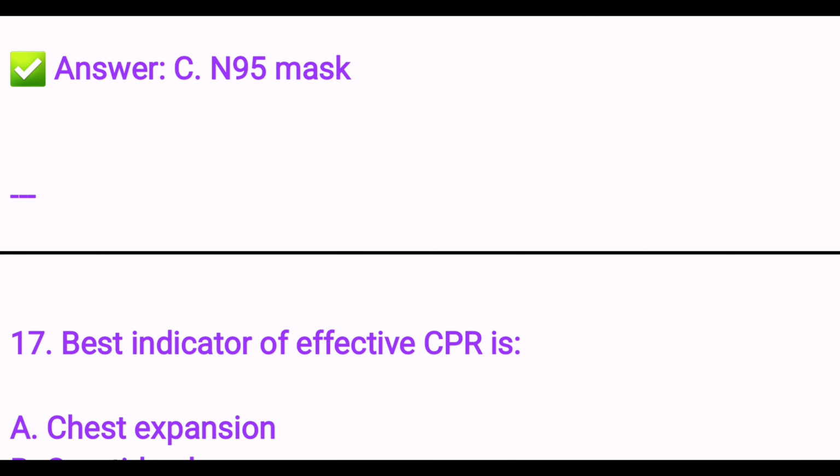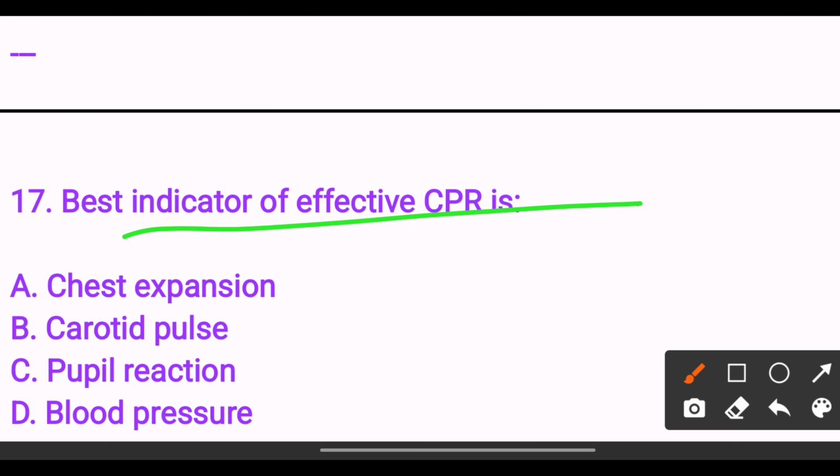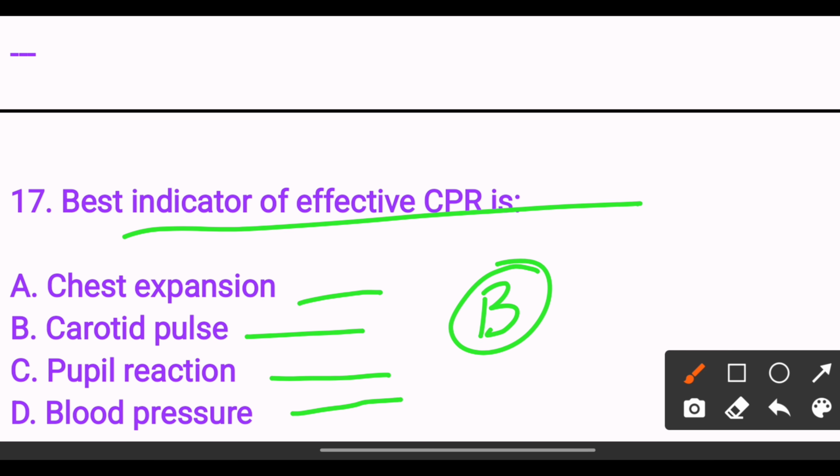Next, best indicator of effective CPR is option A chest expansion, option B carotid pulse, option C pupil reaction, option D blood pressure. The answer is option B carotid pulse. Next,